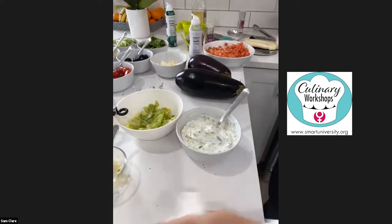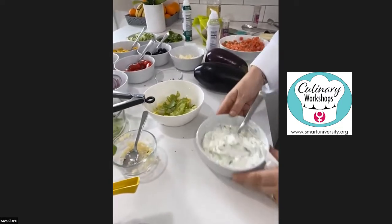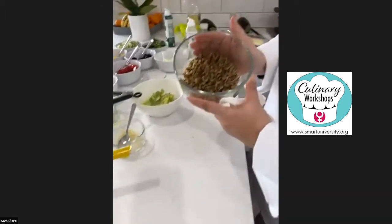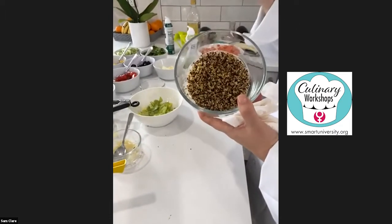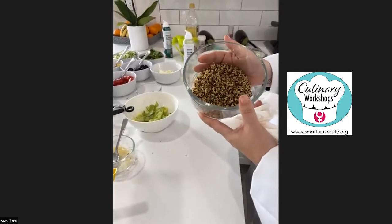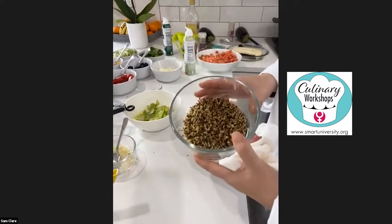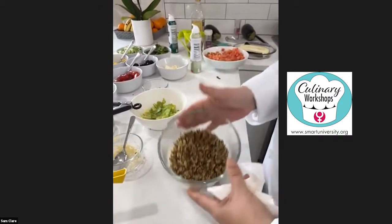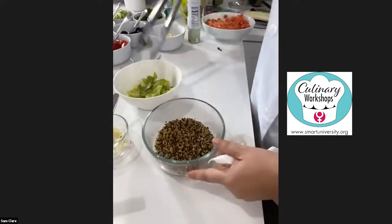The next thing we're going to do is build our bowl. So, like I said before, quinoa, instead of the gyro bread. I know it's delicious, but we're trying to keep healthy here at Smart. Quinoa is pretty simple to cook. It's 2 cups of water to 1 cup of quinoa. Okay, so there's your quinoa. With that, we're going to add